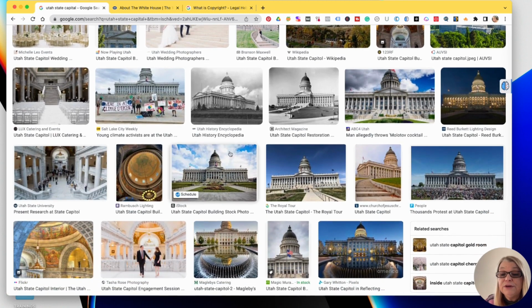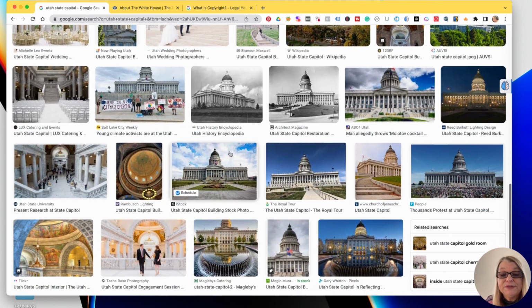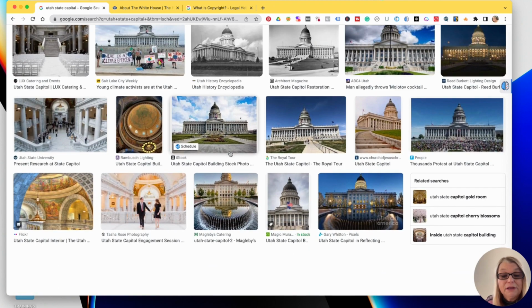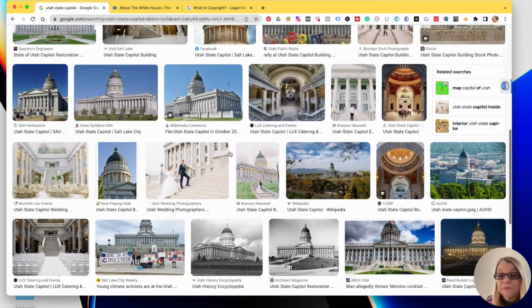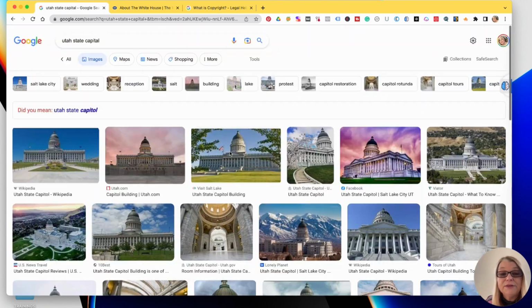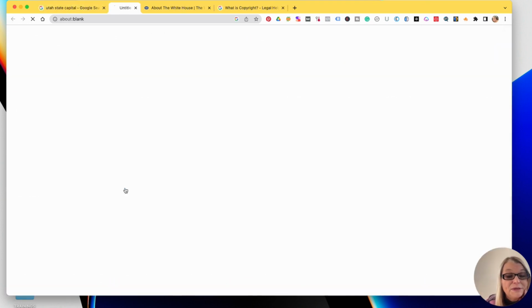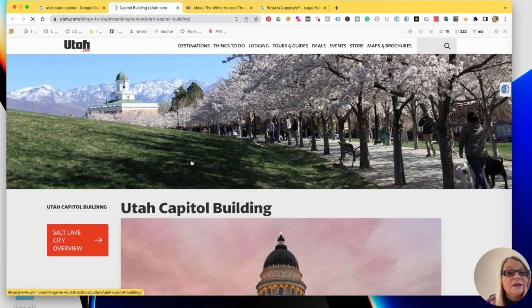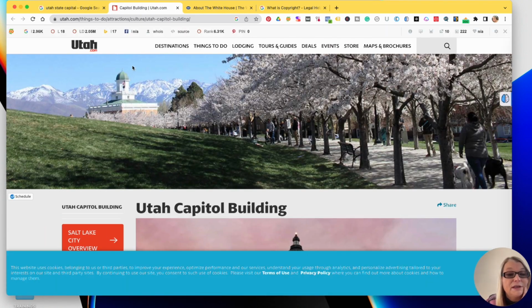Sometimes you can use EDU, like from the universities. You can use them sometimes. But I don't see where there's the government one. Anyway, that's kind of how it takes a long time. I don't think utah.com is a government site, that's just a private site.